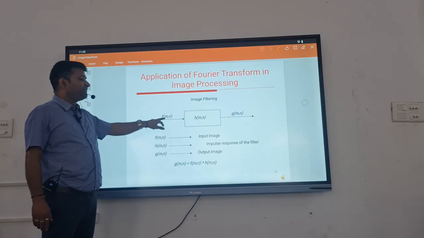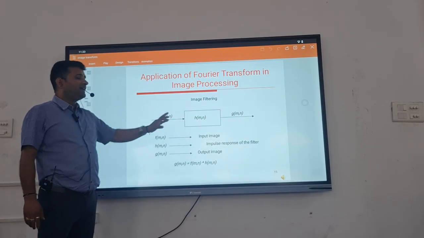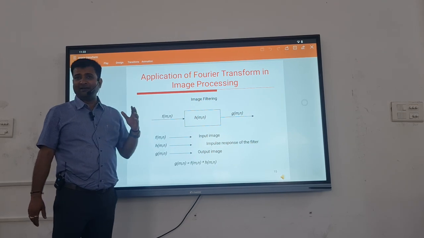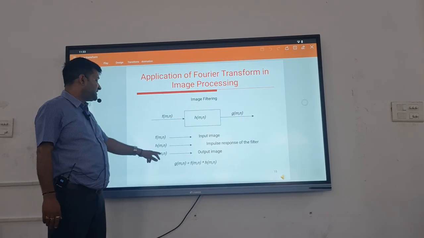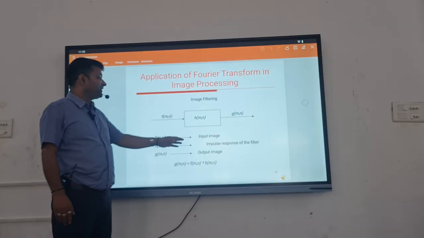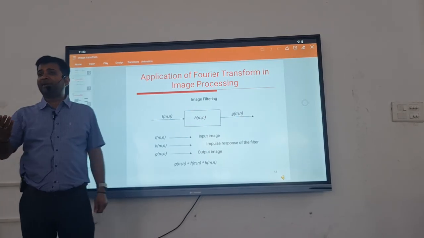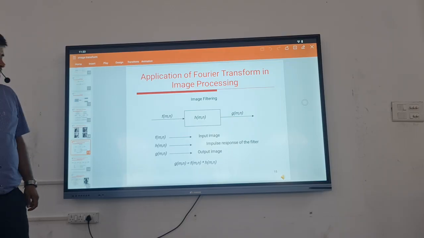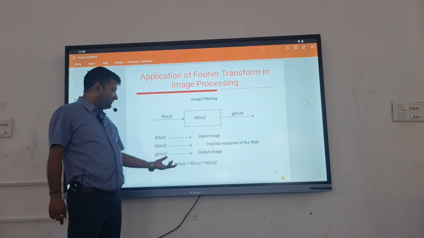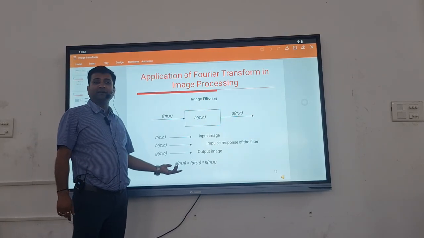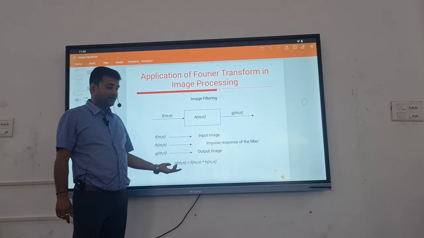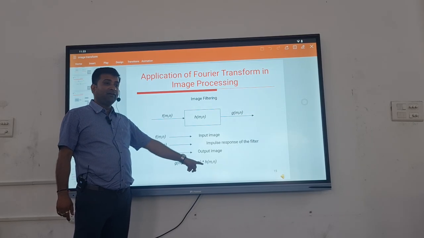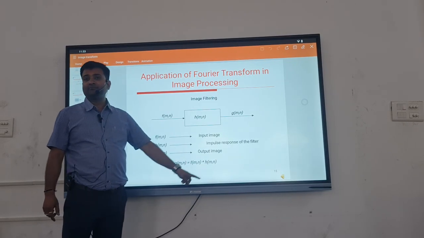Here simply you have taken f(m,n), this is the input image, and h(m,n) is the impulse response of the filter, and g(m,n) is, after the filtering operation, the output denoted by g(m,n). Then this mathematical representation of this filtering operation is written as g(m,n) is equal to f(m,n) convolution h(m,n), ठीक है।